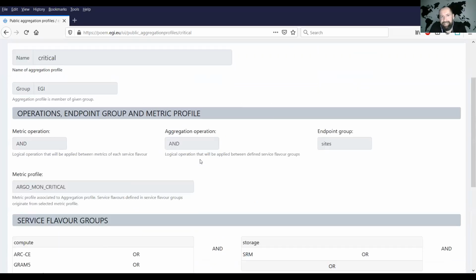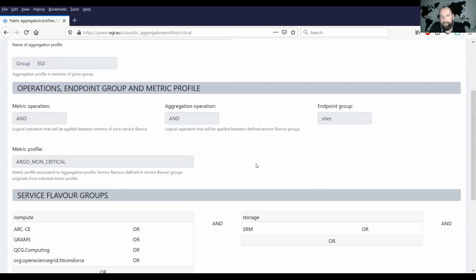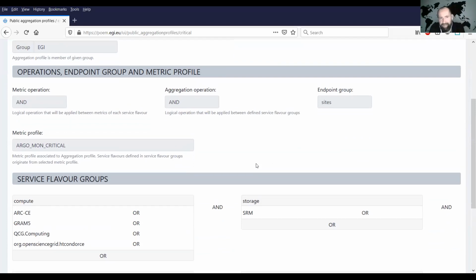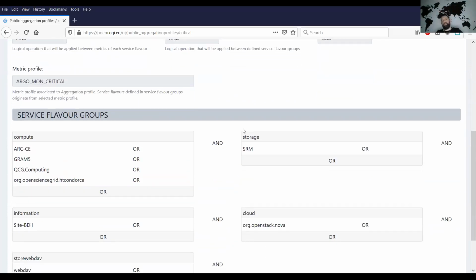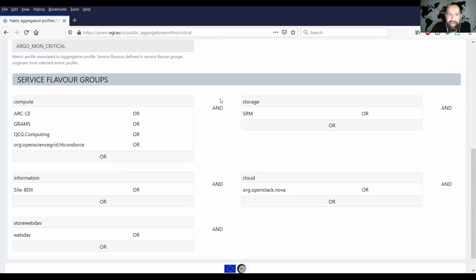So basically, when you define the aggregation profile, we can define an infinite number of them. All of these logical operations are tunable, so they would be used for different purposes. We allow you to group different things in different ways. Between the groups, there's again a logical operation, and in this particular case it means the service is available if all of these are okay.